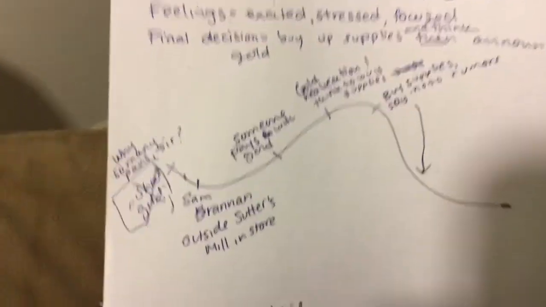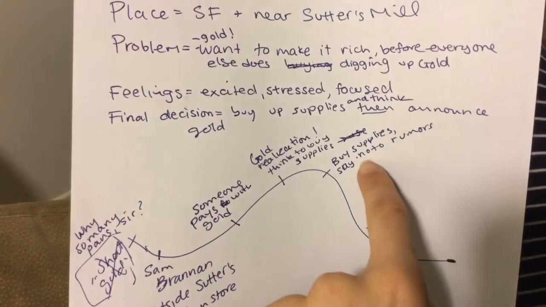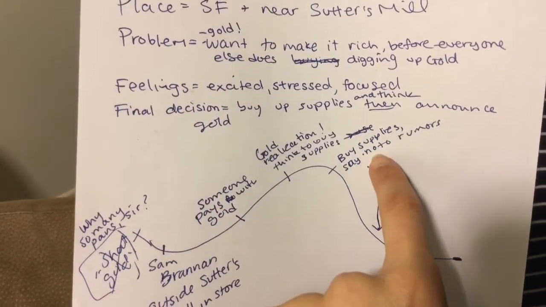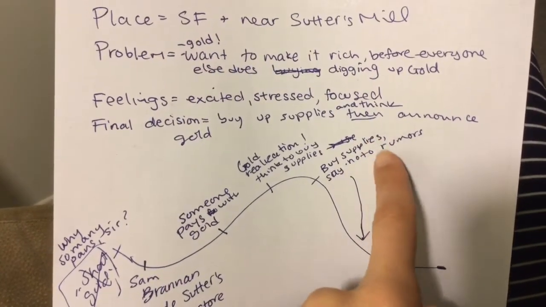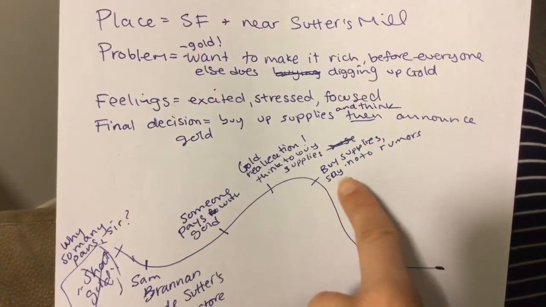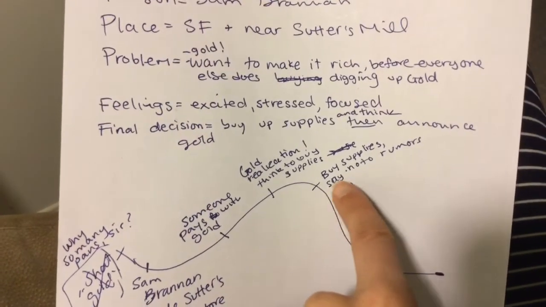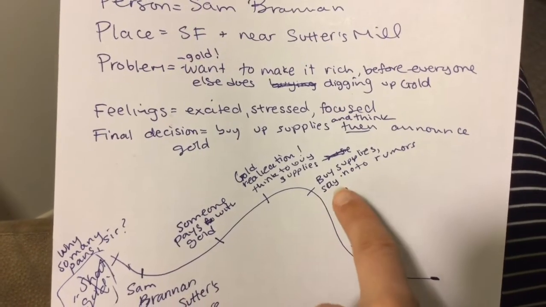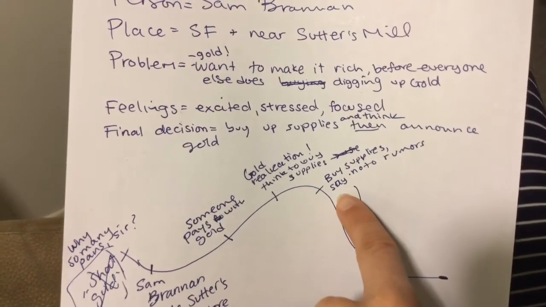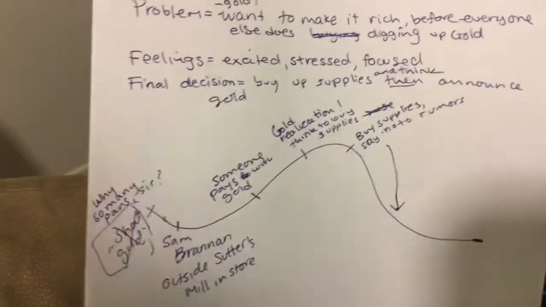Okay? And my second piece of advice is stuff like this, the character response. Adding a detail like there were other rumors of gold and him actually saying no to someone else talking to him, because them saying no just shows how he's trying to keep it a secret until he's ready to share. Okay? Now I'm going to show you how I start typing my essay.